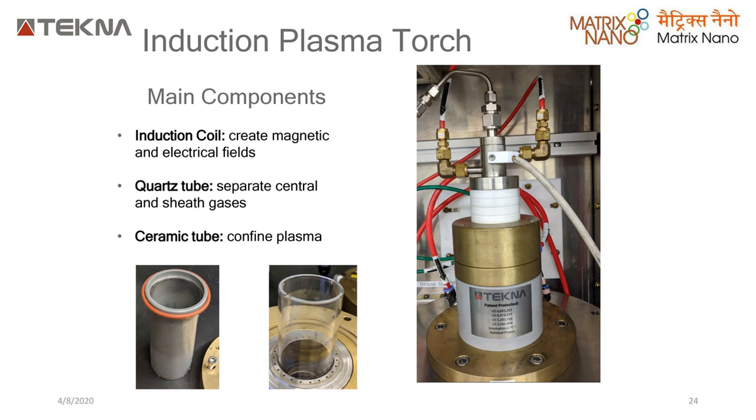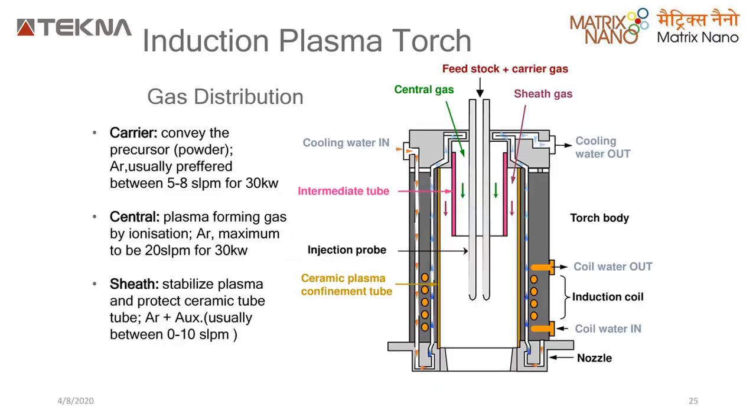Yeah. So this is how our Technoplasma systems torch usually looks like. This is the intermediate quartz tube which you're looking at. This is a confinement ceramic tube you have, and you have the induction probe on the top here, from which you have a liquid or powder feeder which is coming. You have water which is a cold water which comes in and goes out through the same levels at the side. Then you have some certain gases. Your sheath gases are given with the probe. So when we study our anatomy of the probe, we can see the gases outline also how they come. Yes, you have your gas distribution here in the next slide.